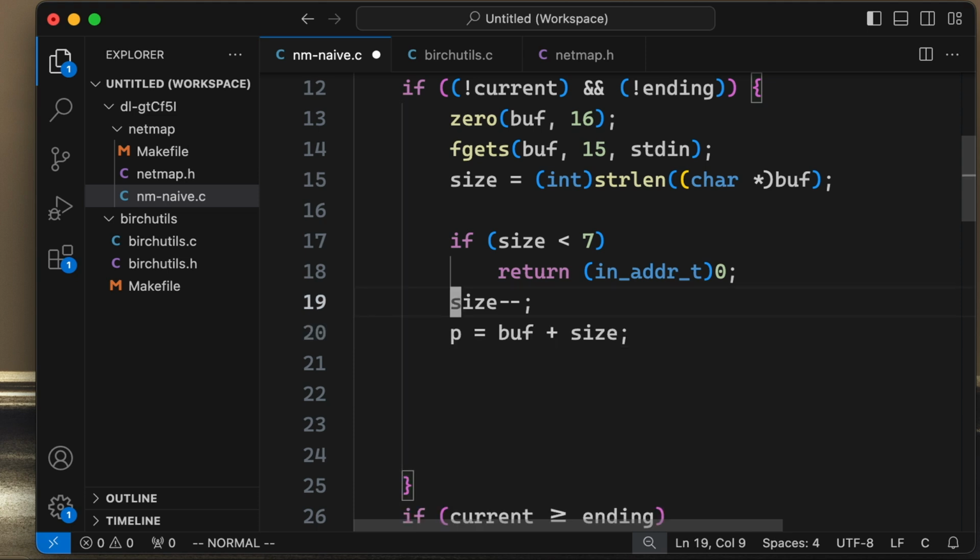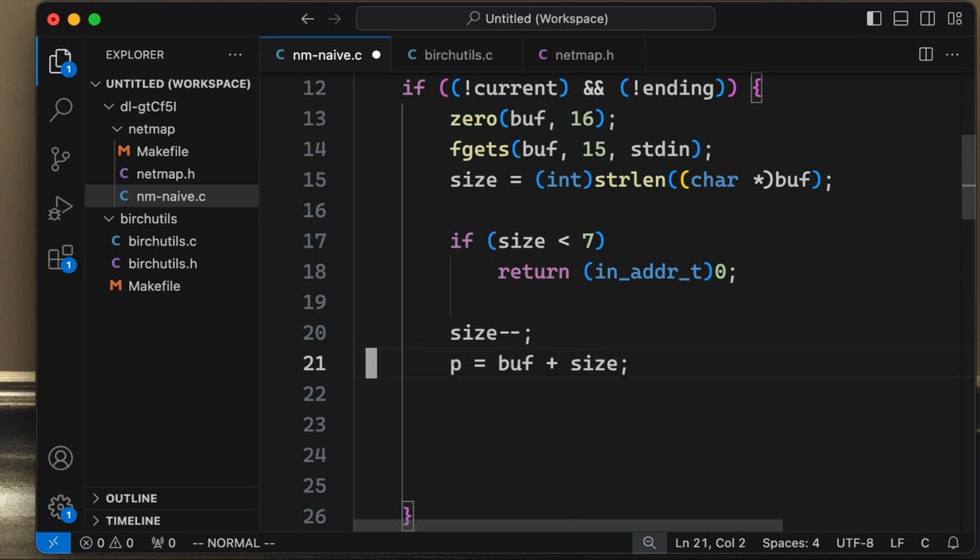So this P now points to the possible new line, and if P is equal to a new line,